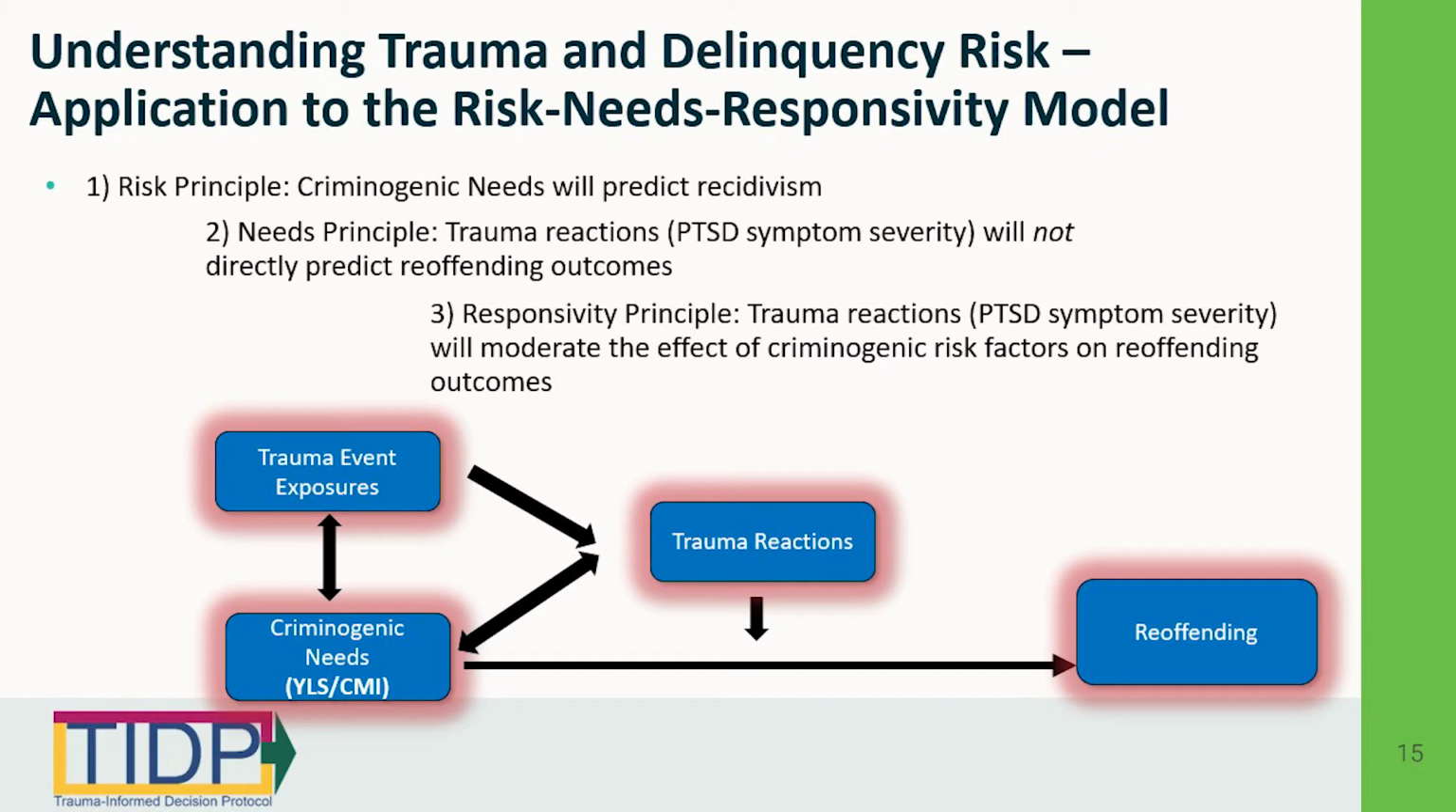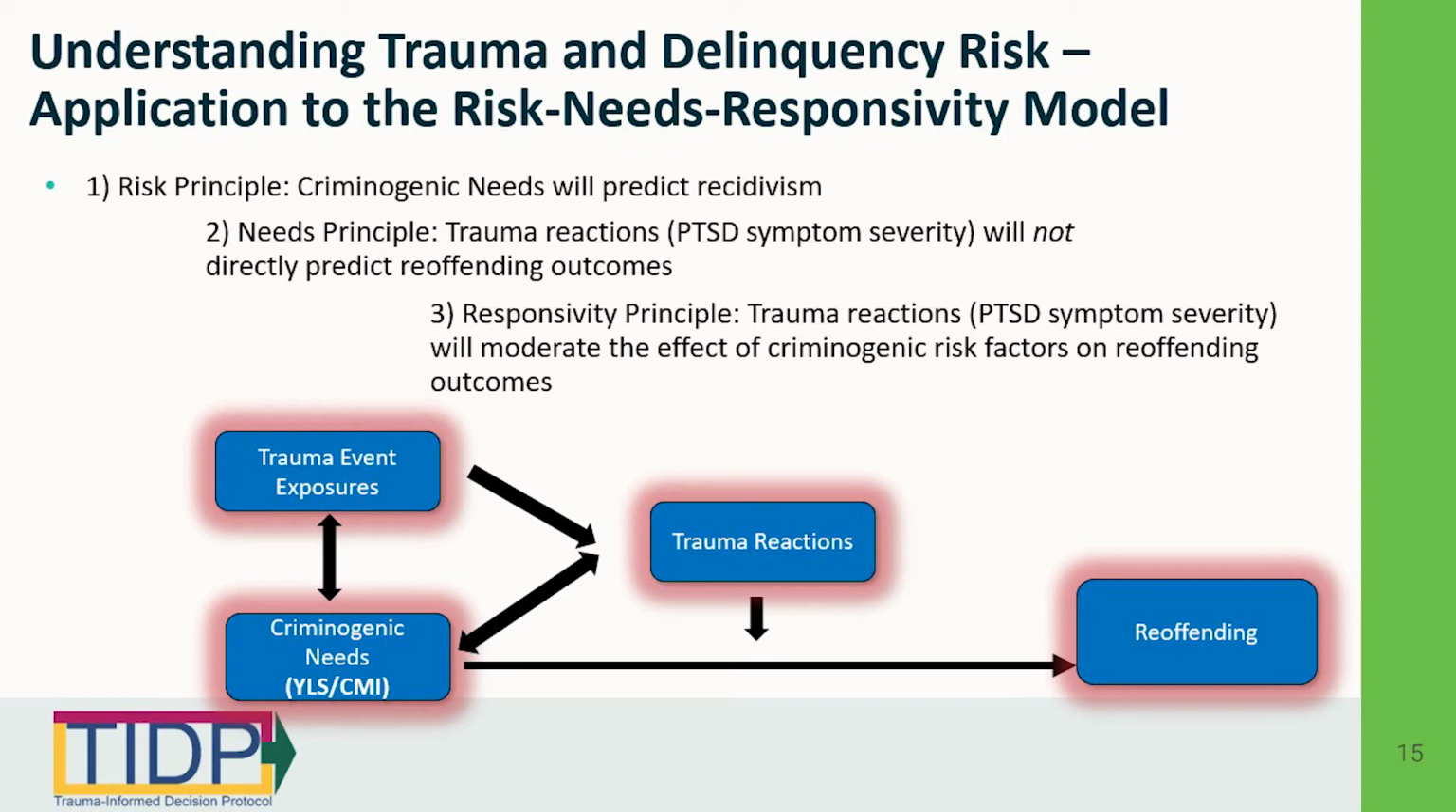This is just entirely consistent with the risk principle. The more of these risk factors that you have, the greater level of risk that's involved. And we consider this to be a direct effect. In other words, on this slide, there's a direct line between criminogenic risk on the YLS-CMI and leading directly to offending. The second principle here is that trauma reactions, we could think about that as specific types of